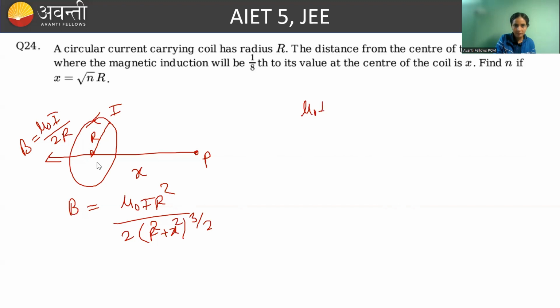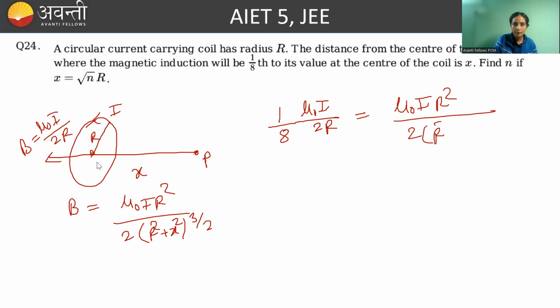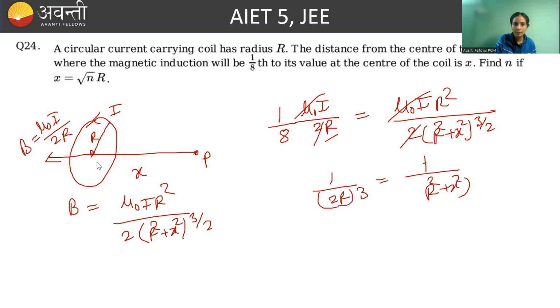So if magnetic field at the center of coil is mu naught I by 2r, then at this point P, this is equal to 1 by 8th of this. 1 by 8th of magnetic field at center is equal to magnetic field at point P. That is mu naught I r square by 2 r square plus x square 3 by 2. Now you just need to solve it. 2 will get cancelled. Mu naught I got cancelled. R square है, इसको R इधर लेकर आ जाओ, R क्यूब हो जाएगा. So 1 by 2r का क्यूब होगा ये, equal to 1 by r square plus x square का 3 by